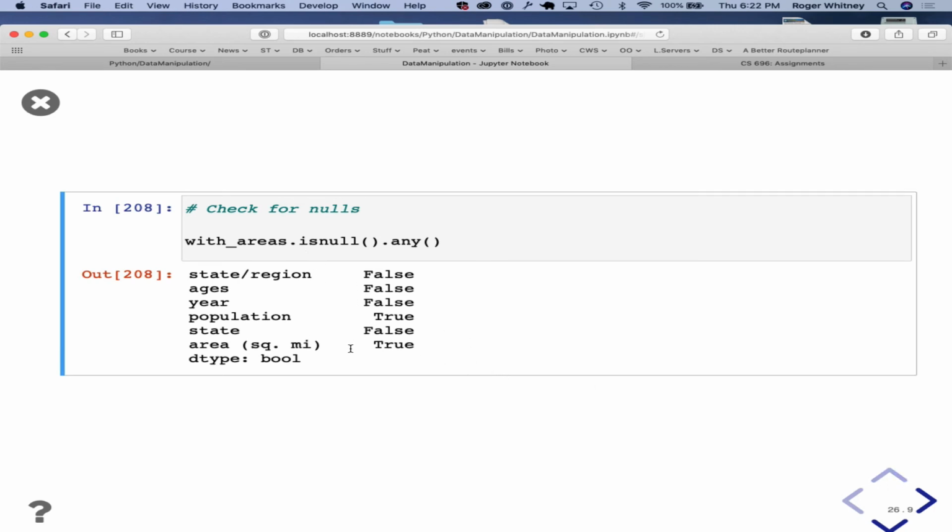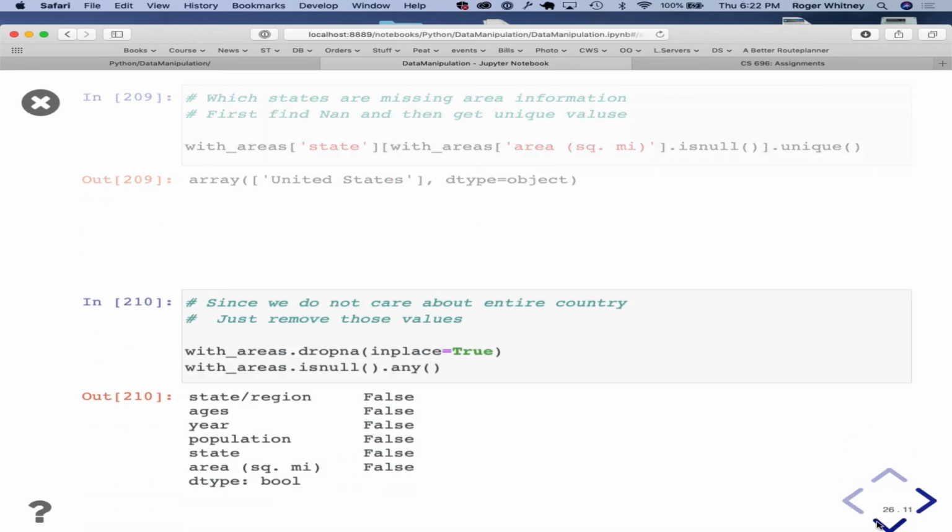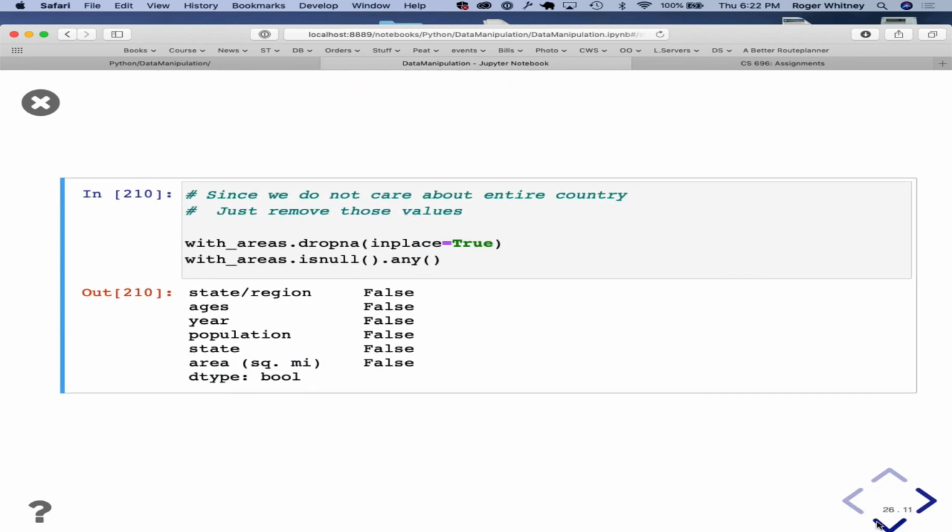Oh, and there's some null values on the area. Where is it? Well, it's in the United States. So if we're looking at the population density per state, then we don't care about the entire country, so we can just drop it. It's okay now.